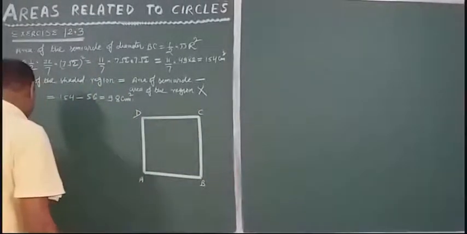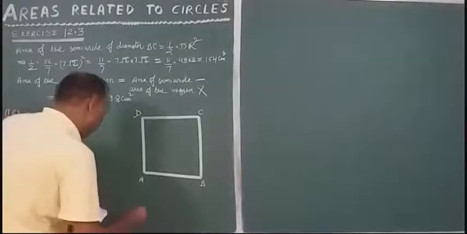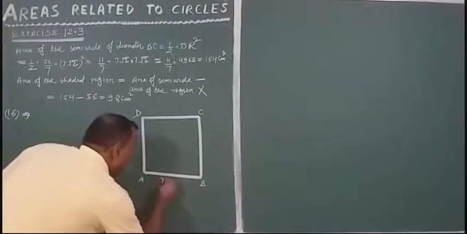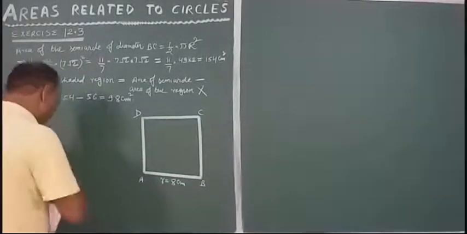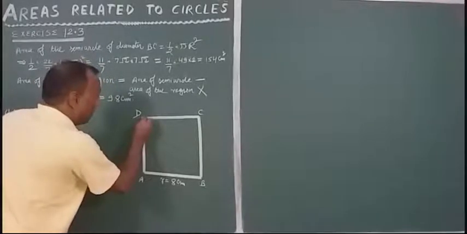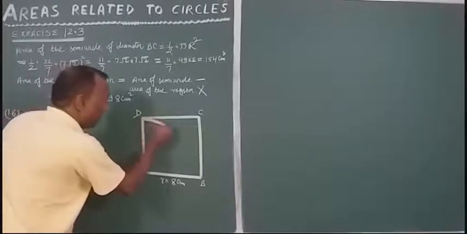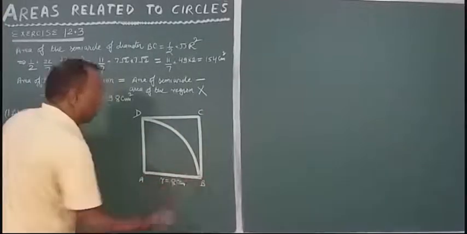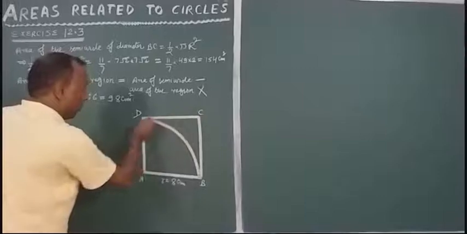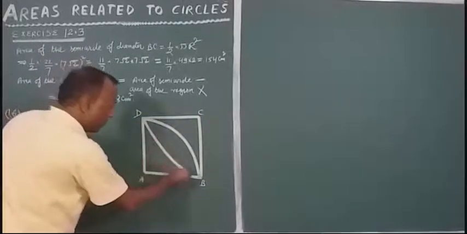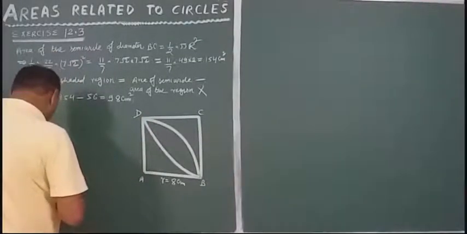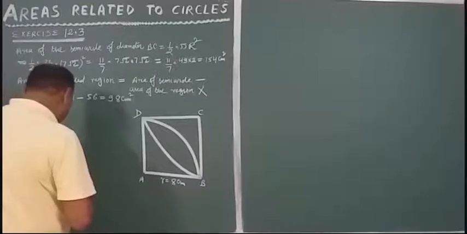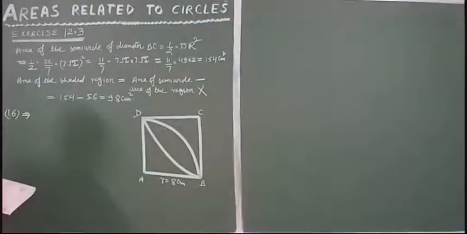What is the radius of the quadrant? That is 8 centimeter each. Okay, so this is the first quadrant. This one, and another one is from here. This one. Okay. So you have to find the area of the designed region in the figure common between the two quadrants of the circles of radius 8 centimeter each.